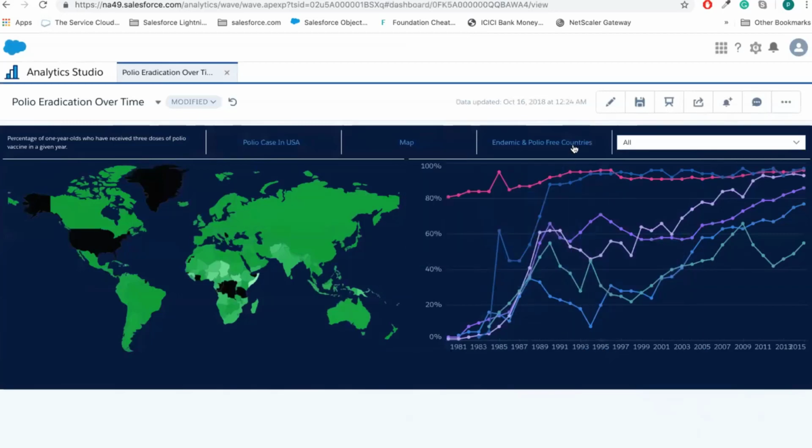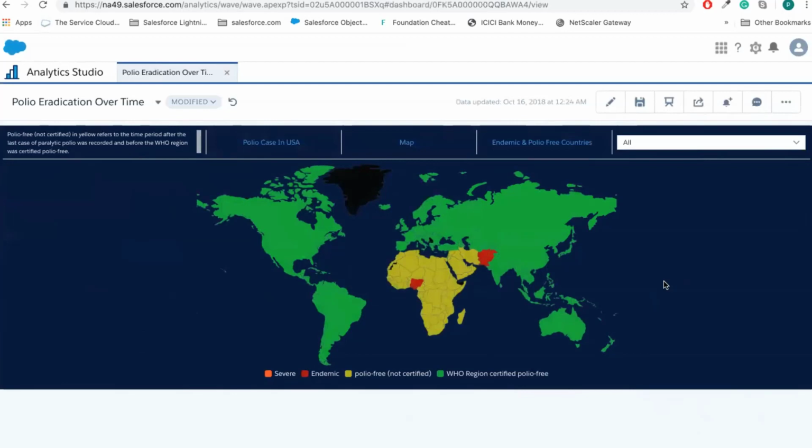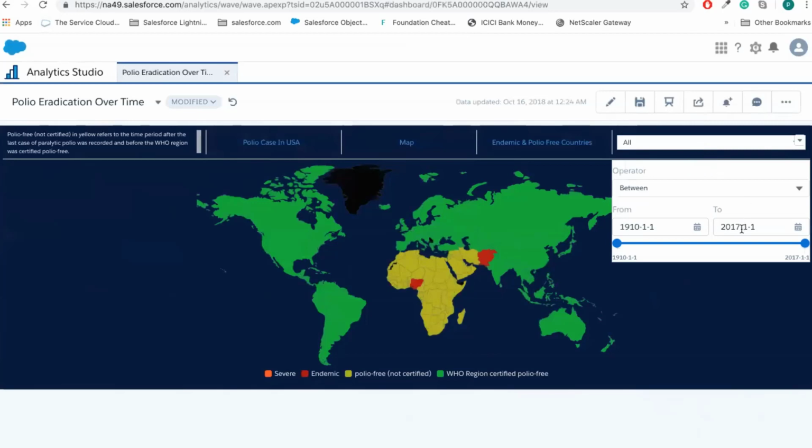And then over here, I have this particular dashboard, or widget, I should say, which is showing us the endemic state of polio in different countries. So what I did is use a time toggle over here because I wanted to see how prevalent polio was and how it impacted the globe. I took a time scale from 1910 till 2017 and I'll see what happens when I swivel this time filter. Now, if I just go back, say, to